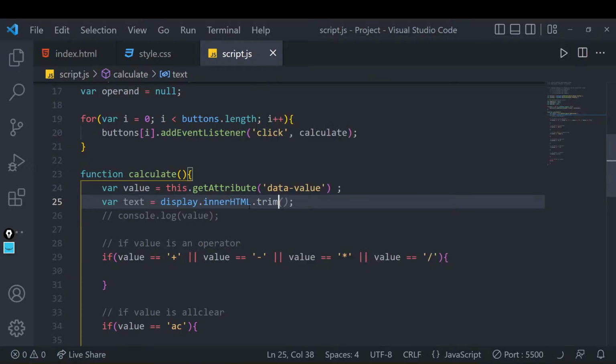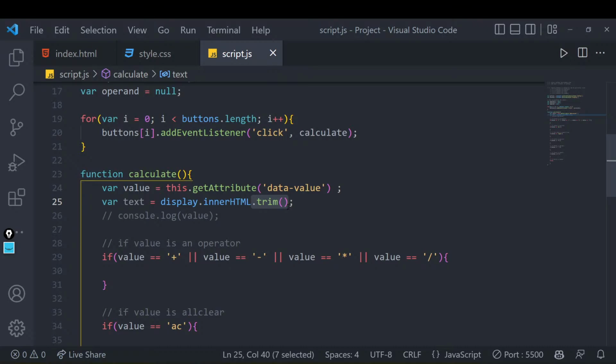Suppose our input area contains some space. If you are writing 1, 2, 3, 4, and then there is some space, maybe due to some spacing issues that we have given in our HTML, we don't want to count that space, because that might change our answers. So by writing .trim, it will remove any extra space from the numbers that we are reading. I hope that is making some sense. If you want to avoid it, you can avoid it. This is just an extra added option. It is purely optional. If you want to skip it, you can skip that.